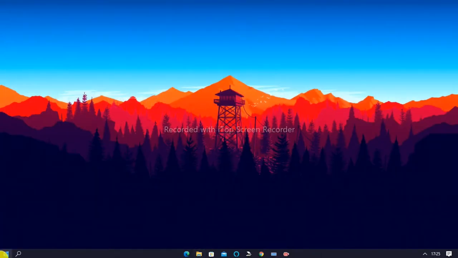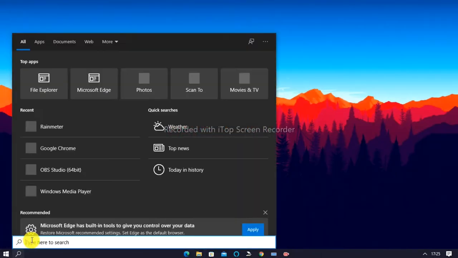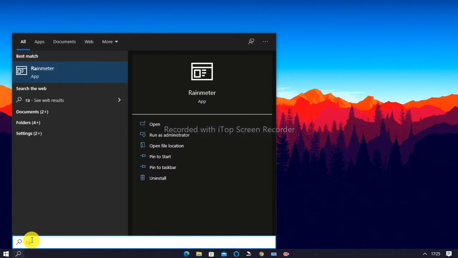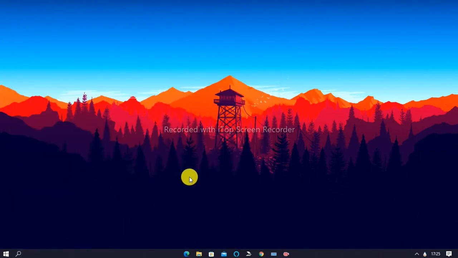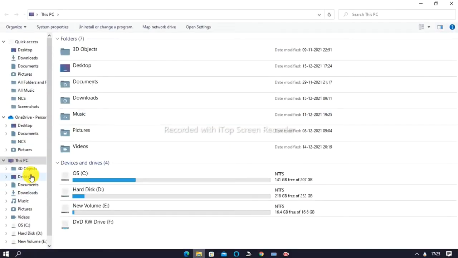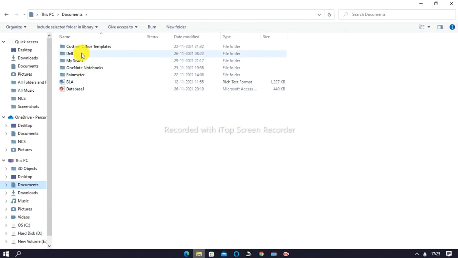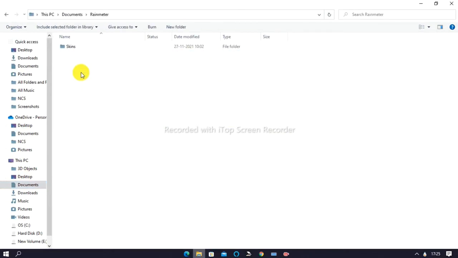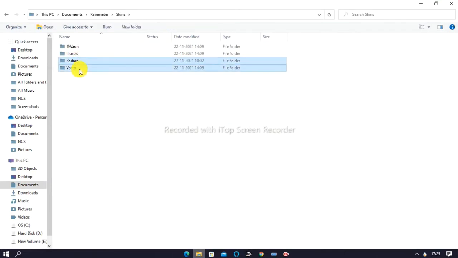I have already downloaded Rainmeter, that's why I will just open it. My fonts are applied, so just for you I am deleting all these fonts and doing it again. So I will go to documents and click on skins, gradient, vector, delete.